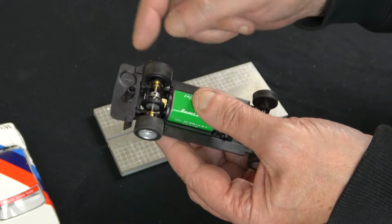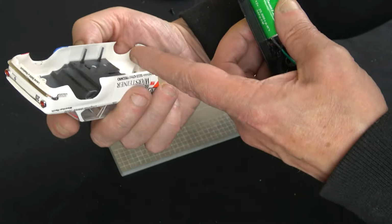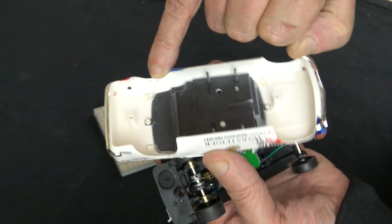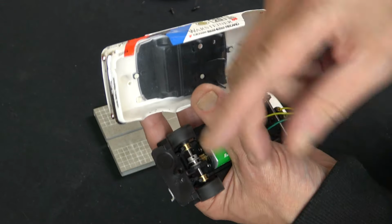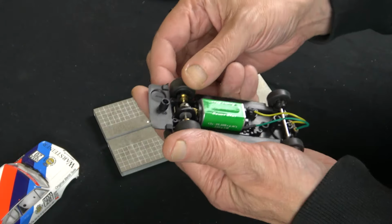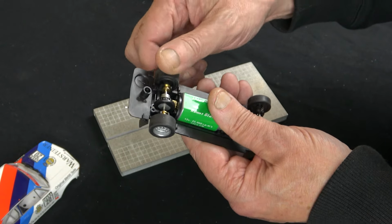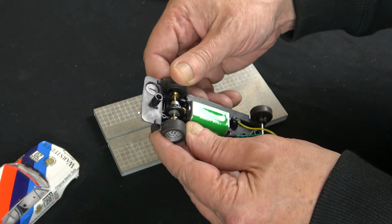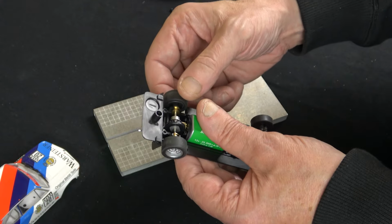That may also deal with some of this wheel rubbing. In fact, you can see there's a witness mark there and a little one there, just from where I was turning these wheels with my fingers. And again, not sure that tyre's on great, or round. Neither of these are great. This is all a little bit...